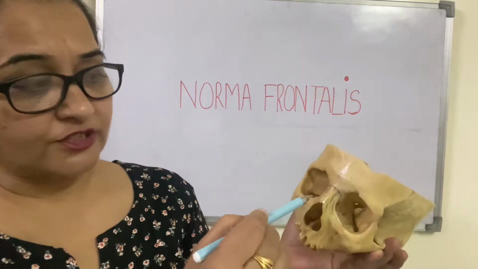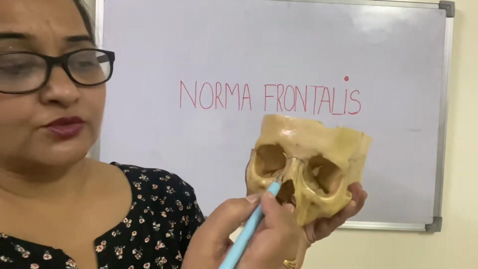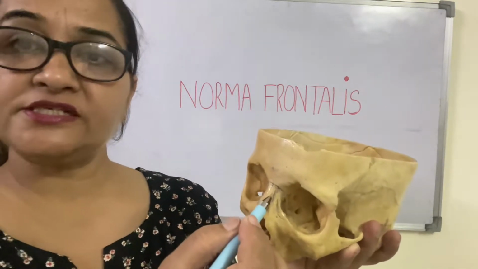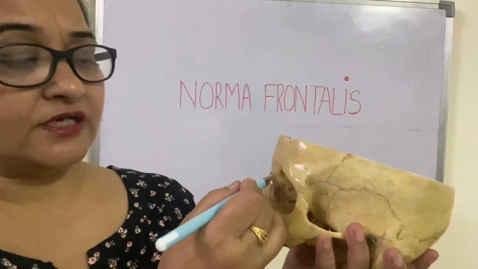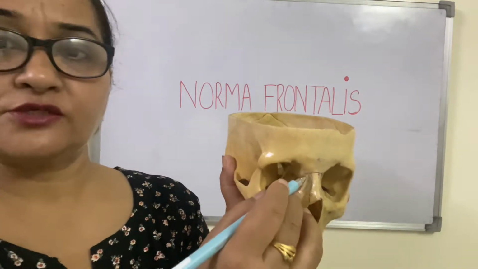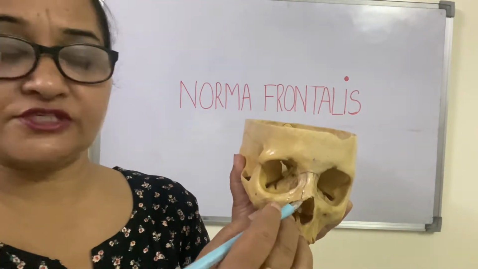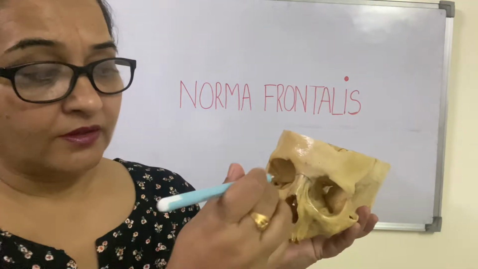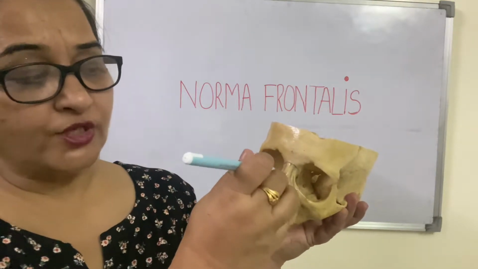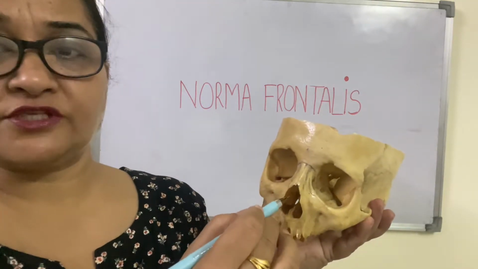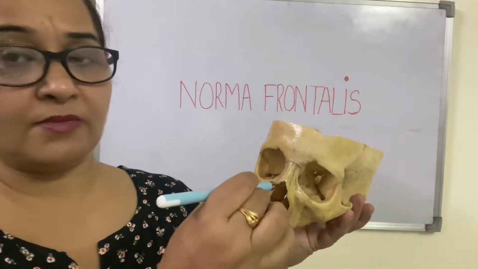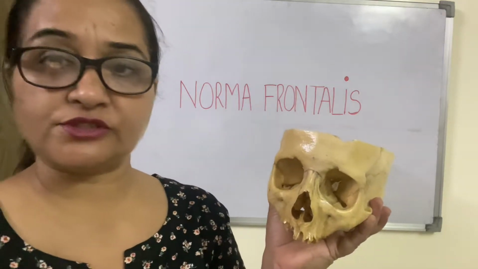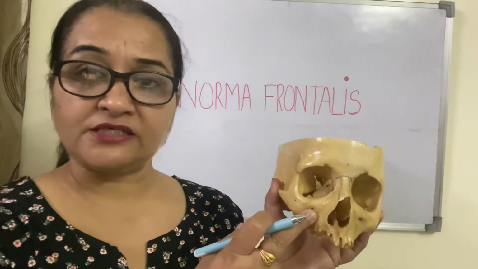Now coming to this region, these are the two nasal bones which are separated by the internasal suture, and these nasal bones are separated from the maxilla. So this is the maxilla. This is known as the nasomaxillary suture, which separates the nasal bones from the frontal process of the maxilla. Now these two nasal bones form the upper margin of this nasal aperture. You can see, the upper margin of the nasal aperture is formed by the lower end of these two nasal bones.